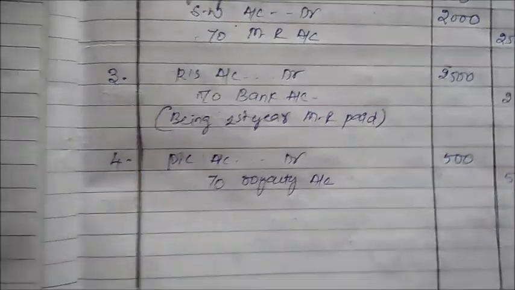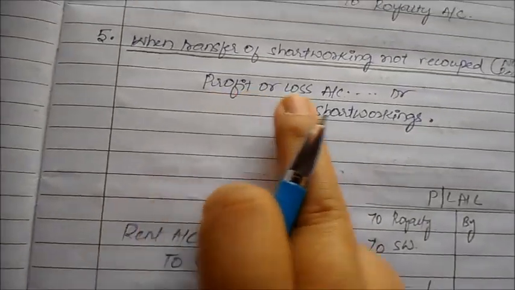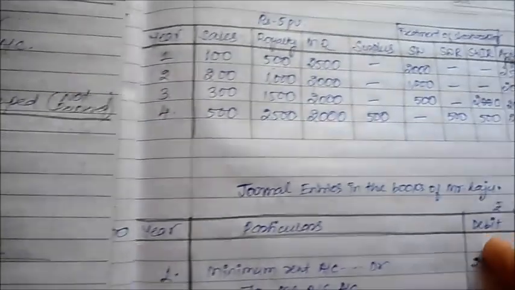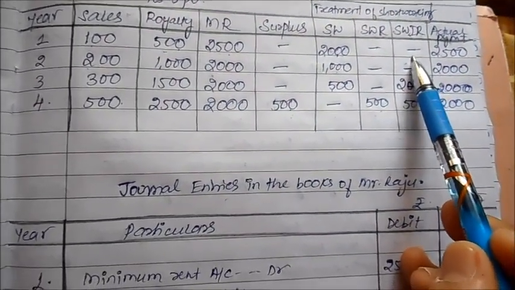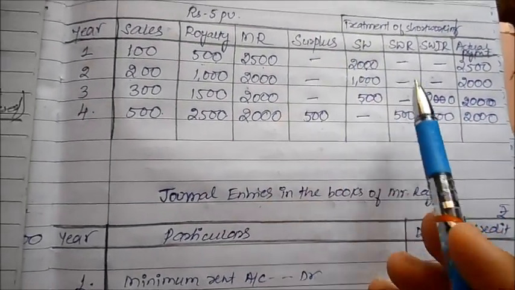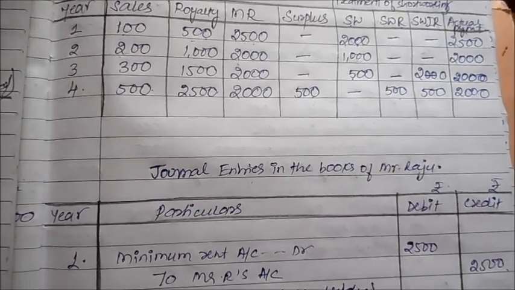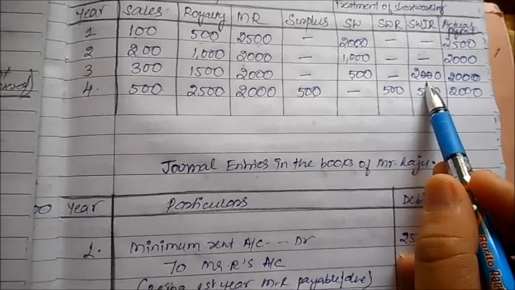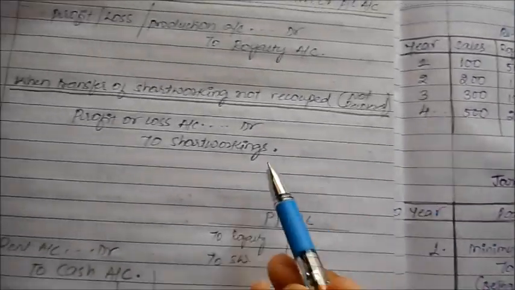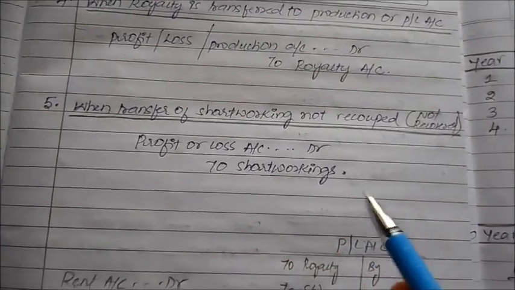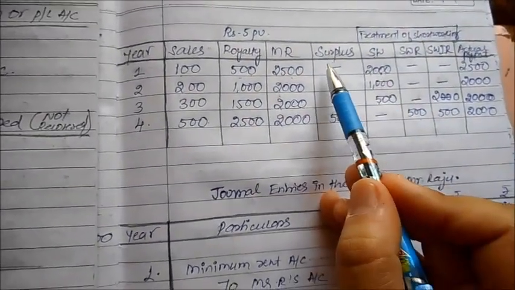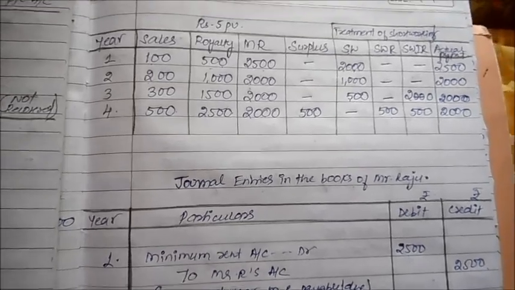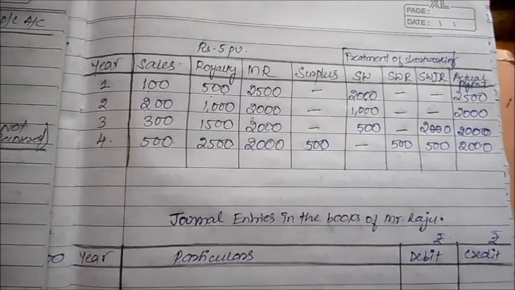Now we would write the entry of transferring short working to P&L only when it is not recovered. Here there are no chances of it not being recovered because we did not have any previous year surplus. So there is no question of recovery at all. But this will be applicable in the third scenario. Irrecoverability and passing of this journal entry will only occur when you had a surplus in the previous year. Because you didn't have any surplus in the previous year, this entry is not getting recorded. Okay, let us move on to the second.